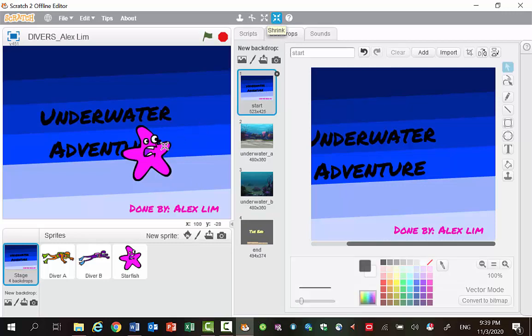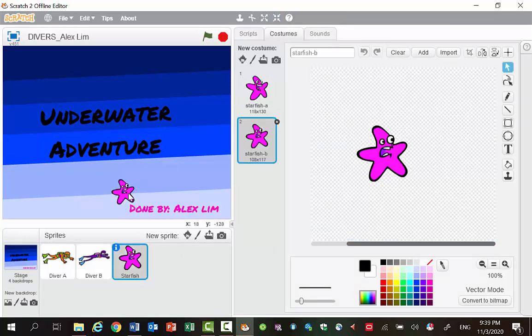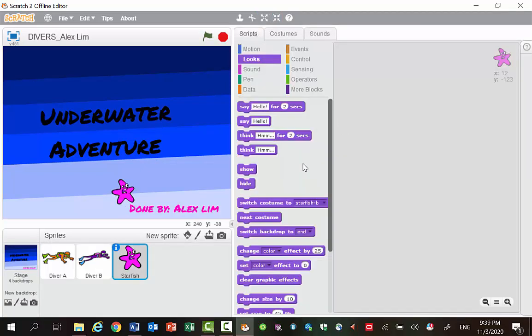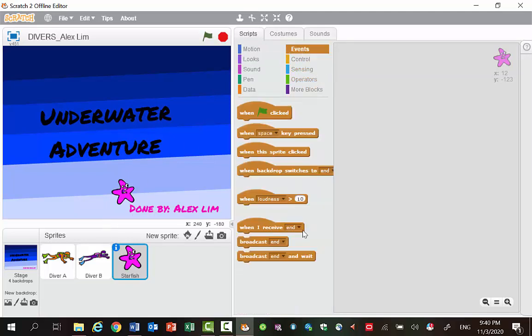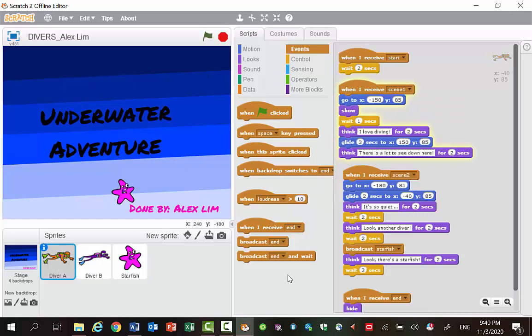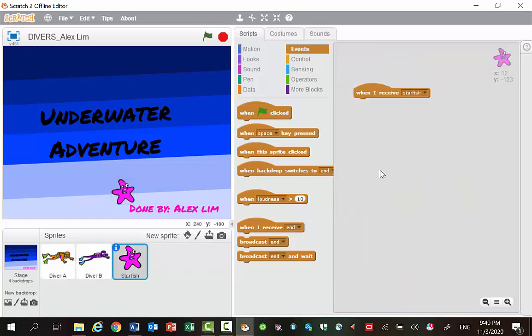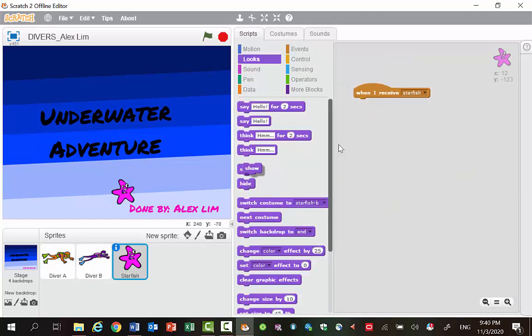First, we need to string the starfish first. So we may want to add a starfish somewhere here. So move the starfish to this position. So under the script, under events, when I receive the message starfish, remember earlier on, we put in a broadcast starfish. So when I receive starfish, you just need a starfish to show. Of course, you may want to put in such that the starfish appear at this position,